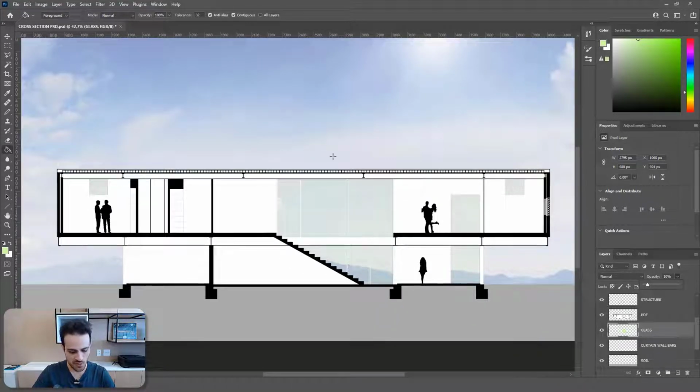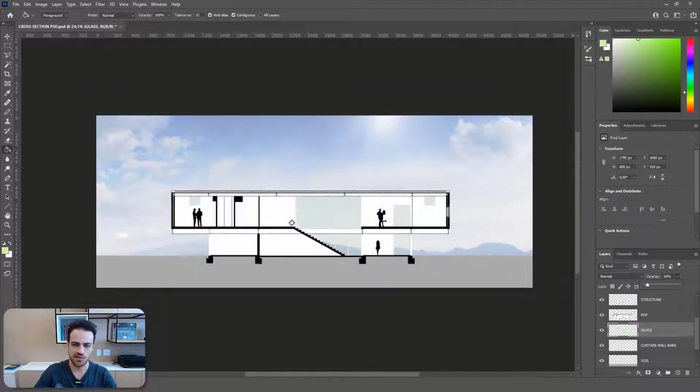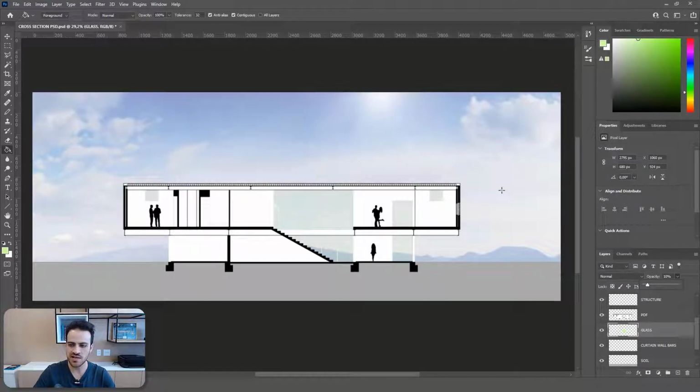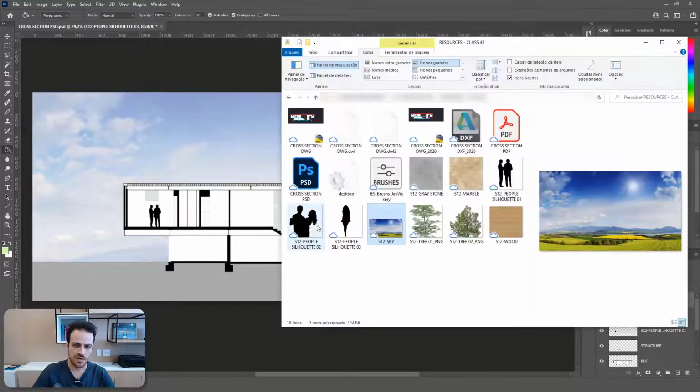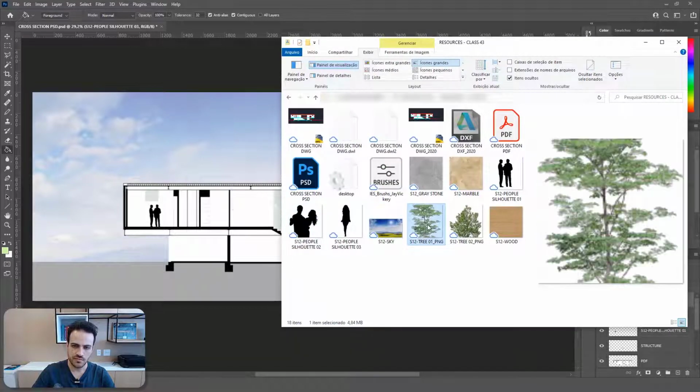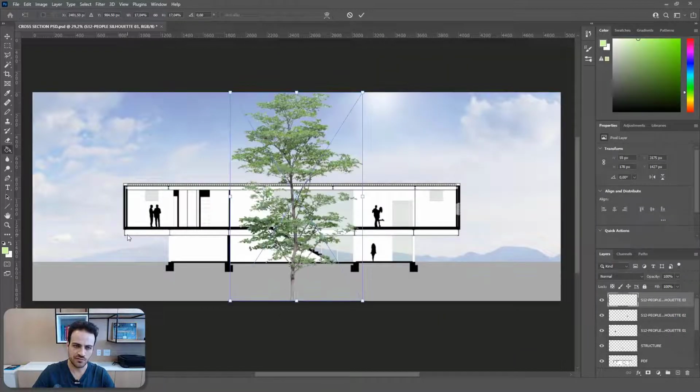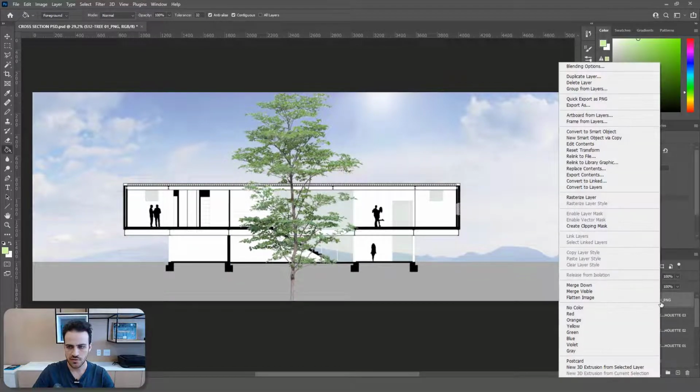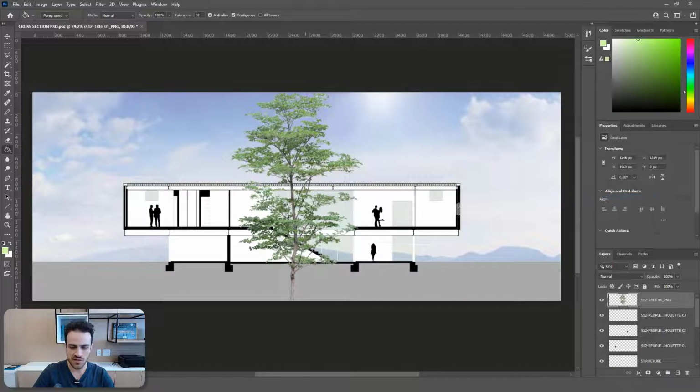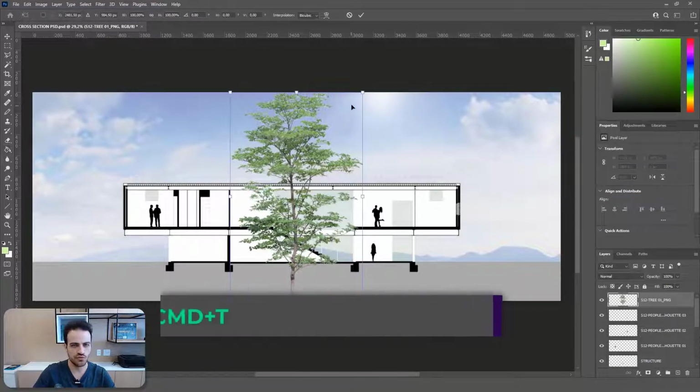And now I will insert some trees in our project to complete the landscape. I will insert the trees at first above all layers, and after I will replace it. So selecting here the top layer, I will drag this PNG file to my project, press Enter, right click to rasterize the layer, Ctrl T to free transform,